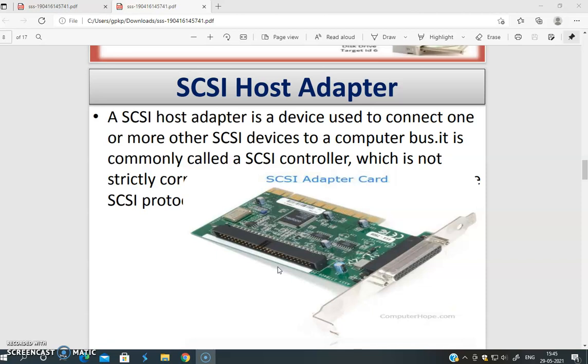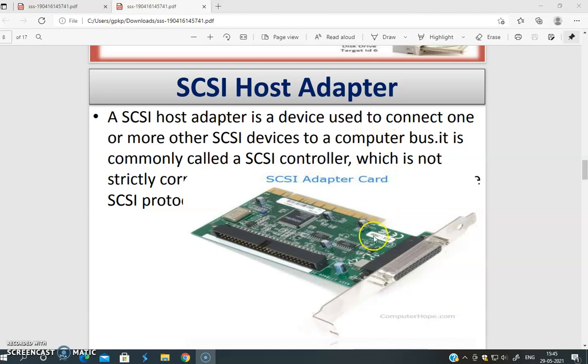Now, what are the different components present in SCSI? SCSI contains a main component which is called the host adapter. Now, the host adapter is a device you can see here. It looks like your Ethernet card or your sound card or even your modem.